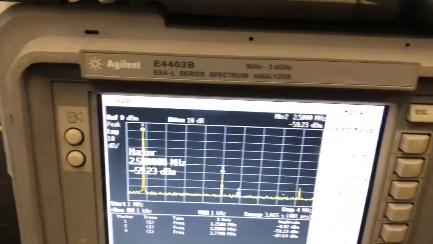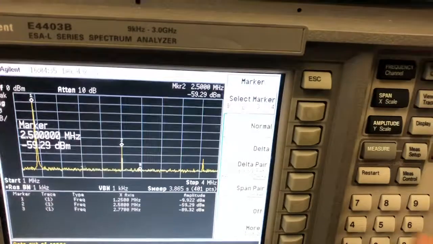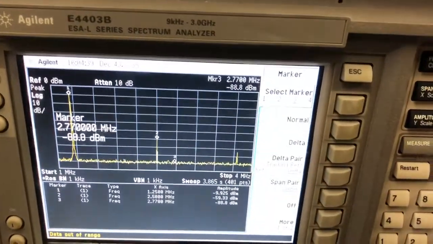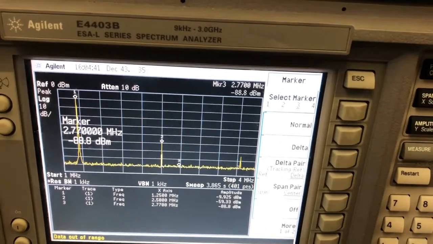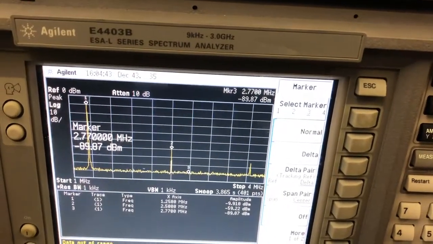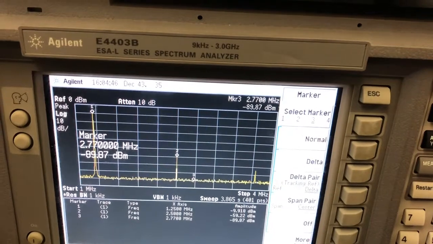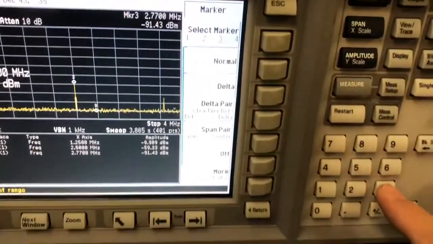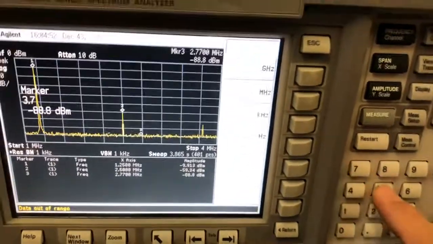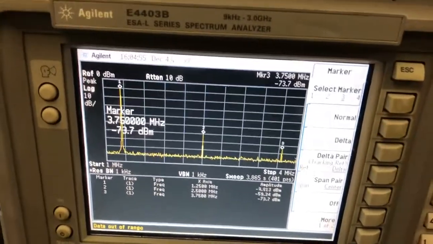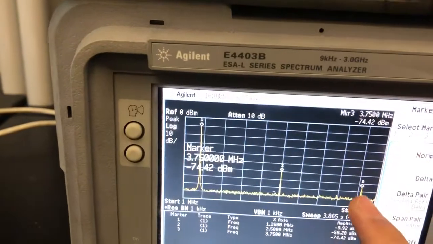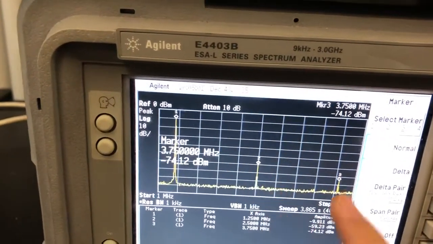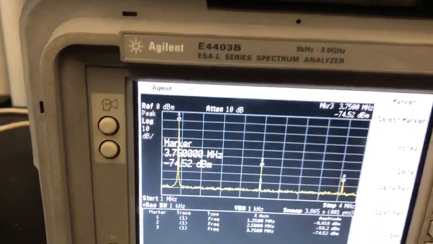And number 3, so the same, select marker number 3, and then we put 1.25 multiplied by 3, so it will be 3.75, right? So we put 3.75 megahertz, and this is the second harmonic, the third harmonic, and this is the fundamental, and